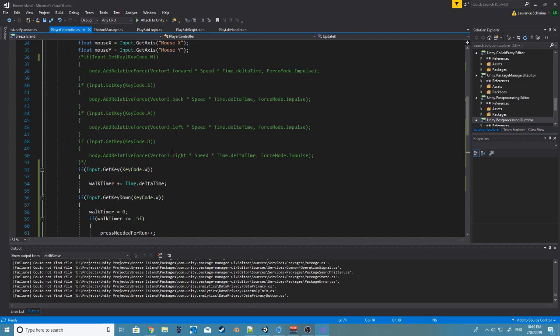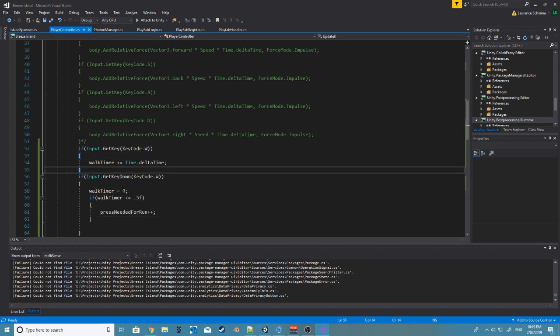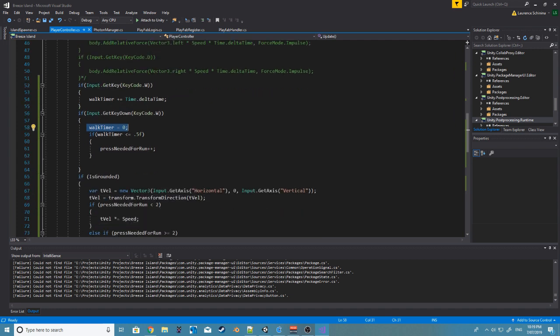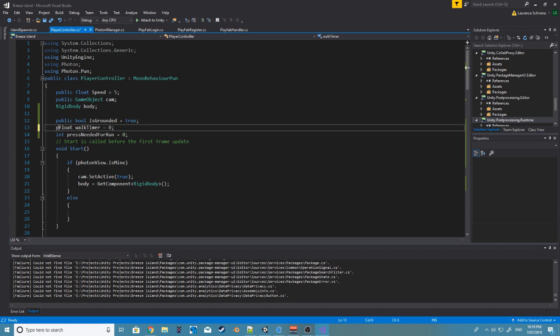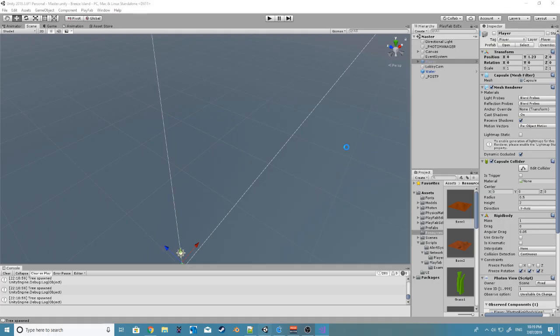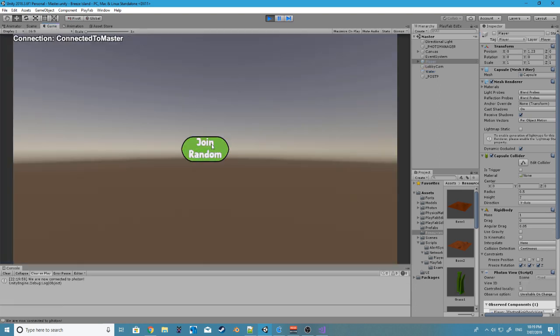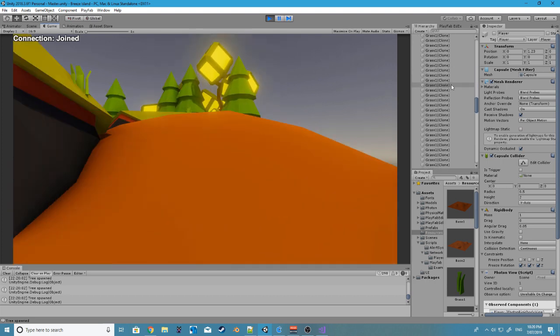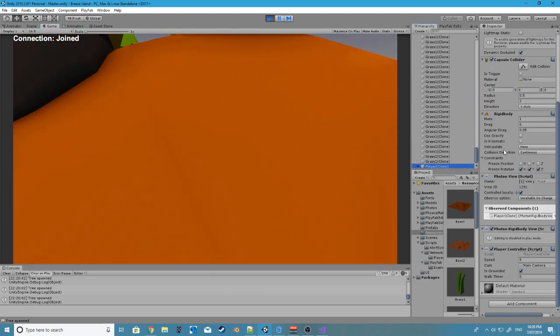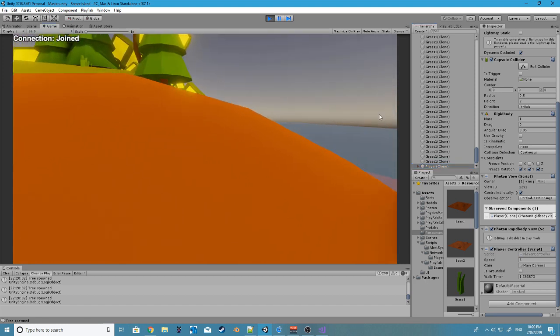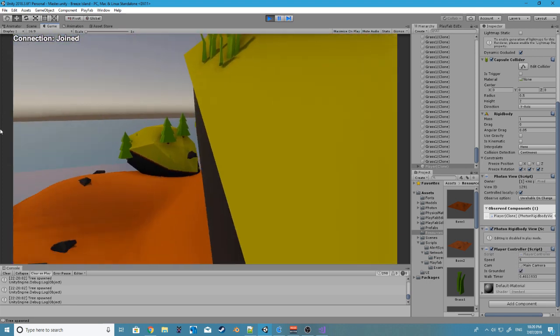So let's see. So when we're holding W, plus equals, K equal to 0. So this should only fire once. Let's just make this a public for a quick second, just to test it out and see what exactly is going on. It's gonna probably be the most simplest of things, but alright, so let's just find our player. Okay, so our walk timer, if I hold W, it increases. And okay, as soon as I let it go,